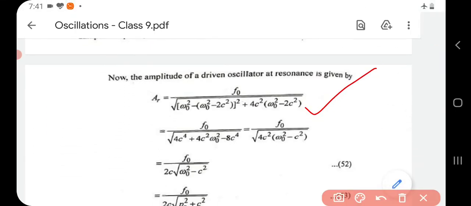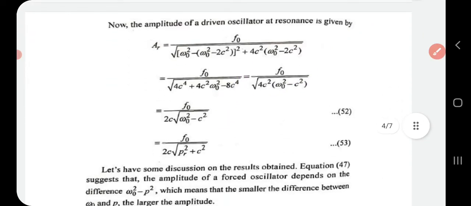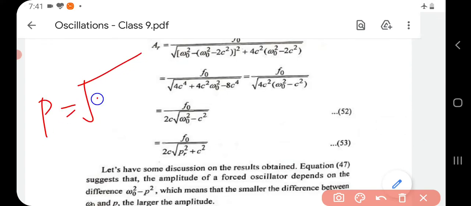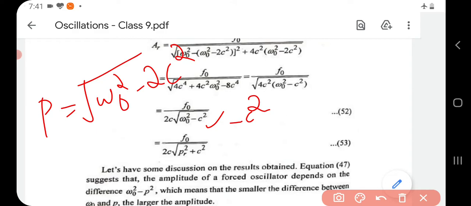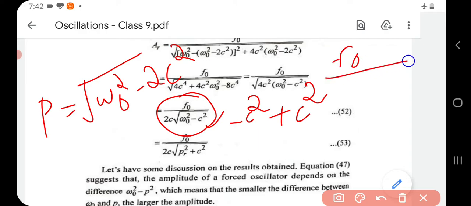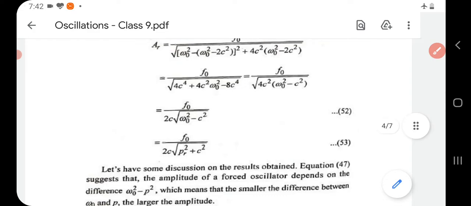Now just open the bracket and simplify, you will reach this equation, and we have already said that P is equal to root of omega 0 square minus 2c square. Here it is only 1c square, so in order to make it minus 2c square, you have to add 1 minus c square. So when you are adding that, you have to do like this also. That is, in place of this you have to make f0 by, this will be again equal to